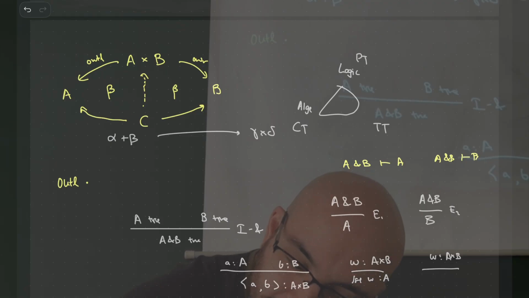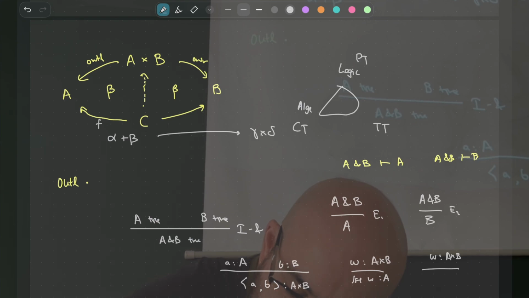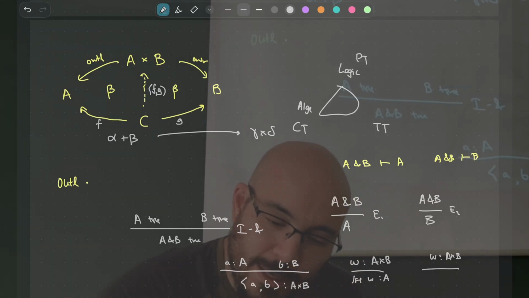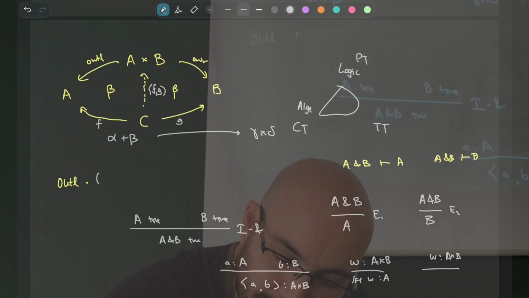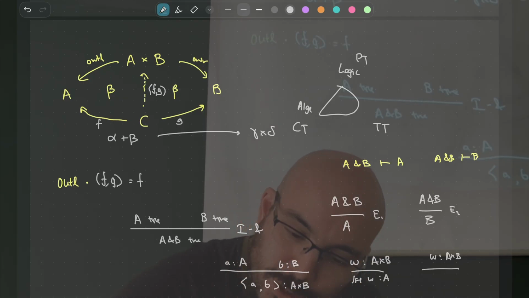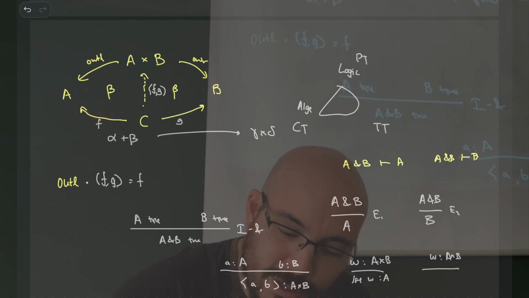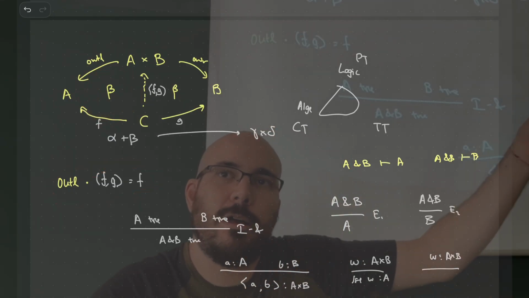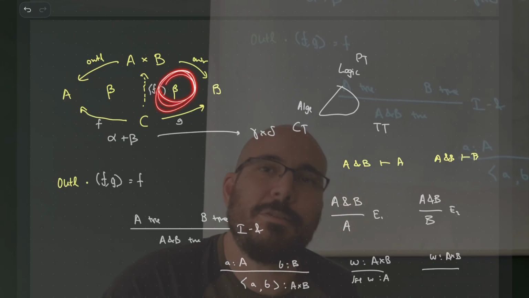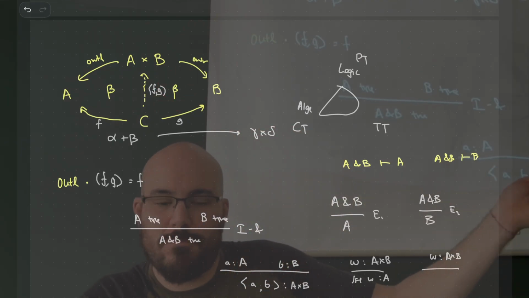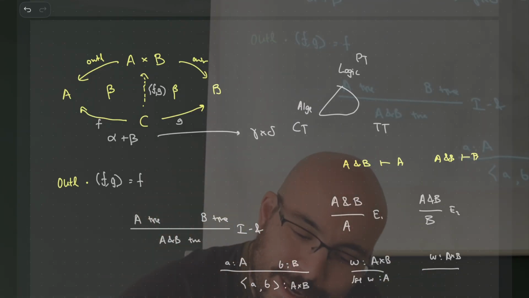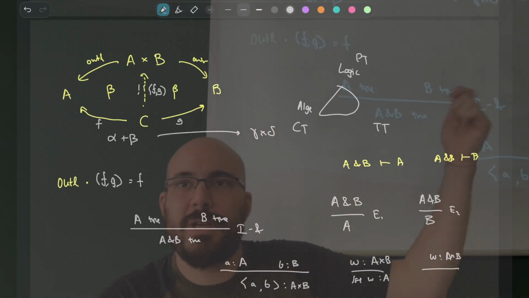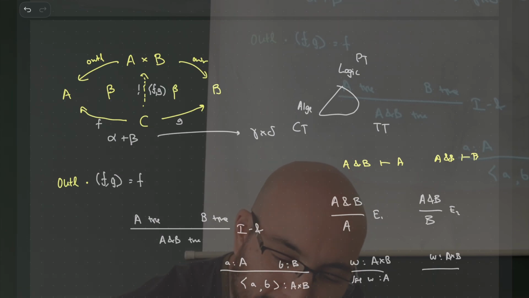Okay, let me write this. Let's call this F and G. This arrow here was called the pairing of F and G. And what does it mean that it commutes? It means that the out left of the pairing of F and G is equal to F. So this commutativity here is like the first beta equation that we had. This commutativity here is the other law that I have, and the fact that there's a unique thing that makes this commute will end up being like the eta, because